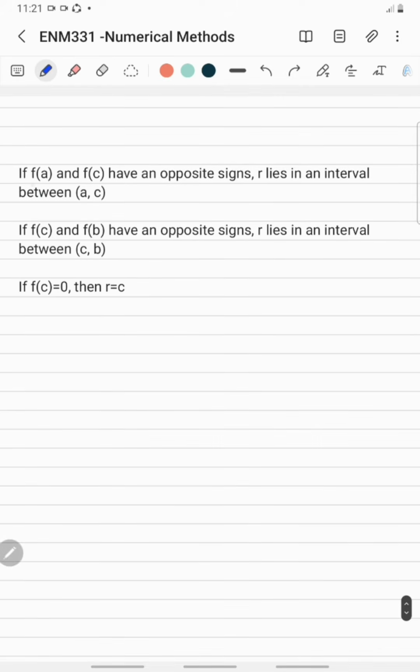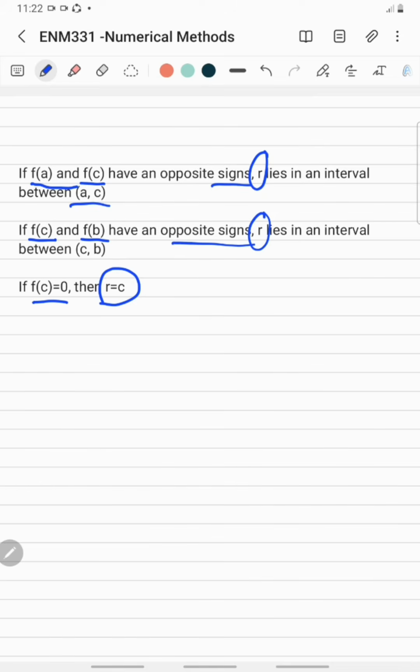First, if f(A) and f(C) have opposite signs, the root of the function lies in the interval between A and C. Second, if f(C) and f(B) have opposite signs, the root lies in the interval between C and B. The last one is, if f(C) is equal to 0, then the root r is equal to